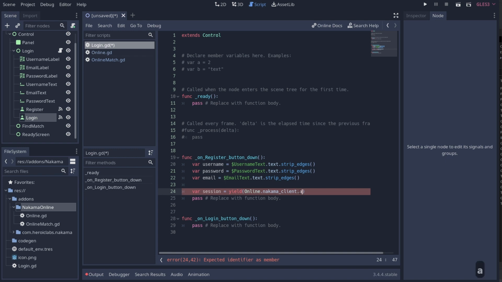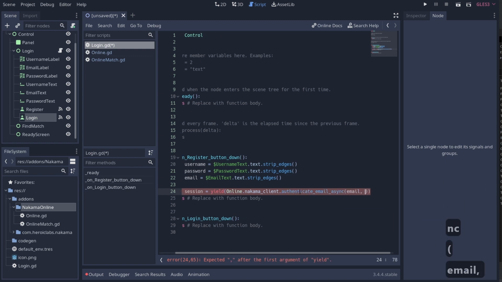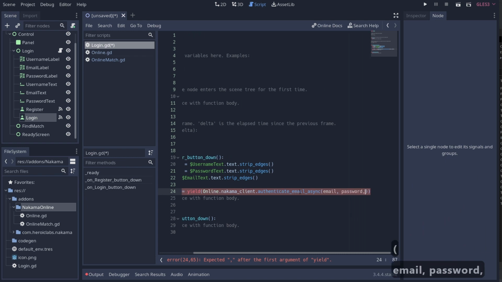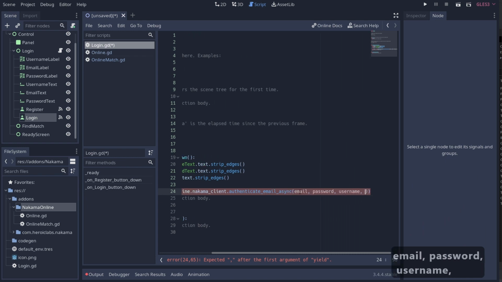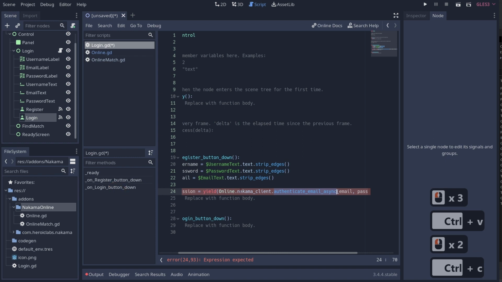But what we can do is say authenticate_email_async. We could pass in our email, comma, password, comma, username, comma,